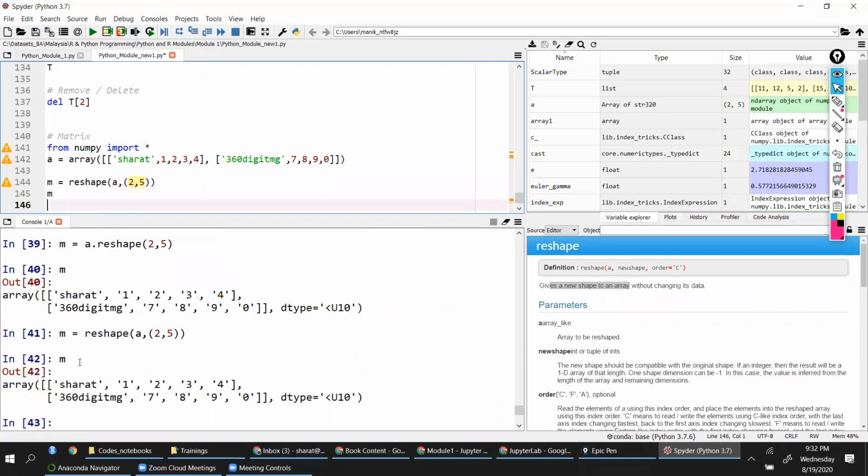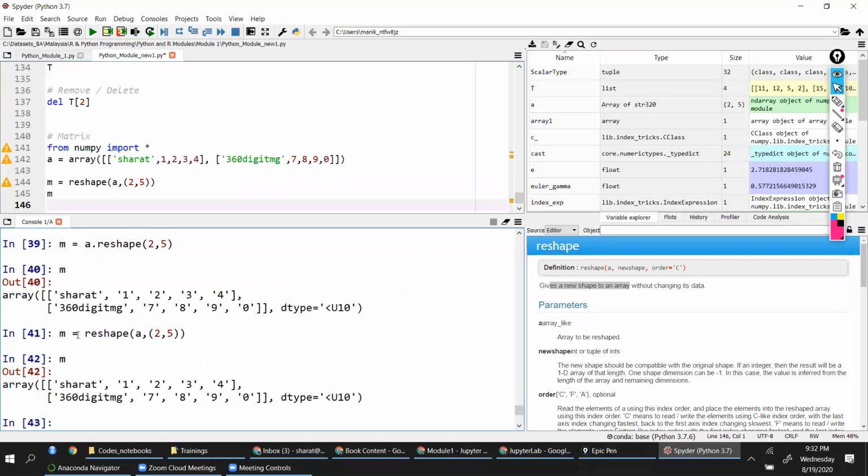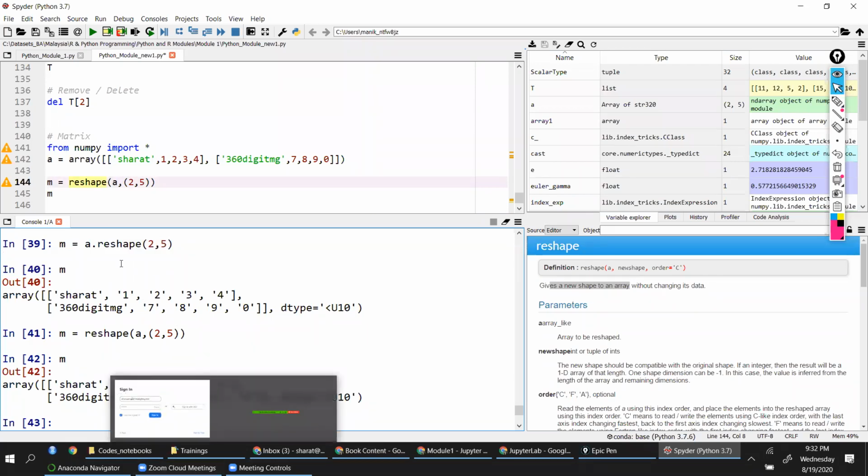If I do this, it is going to print like this. So either that or this, both are giving you the same result ultimately. But I'm not sure why it was not showing the syntax when I said a dot reshape. It should show actually. Okay, so these are the two ways that you are defining shape to your two-dimensional arrays.